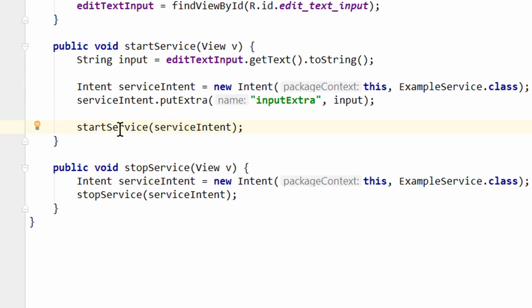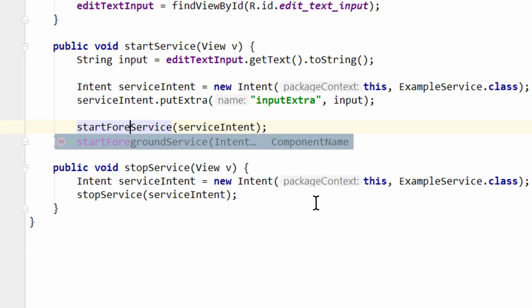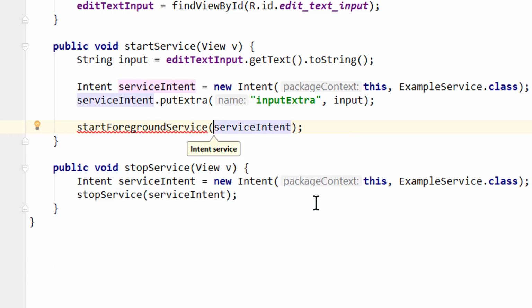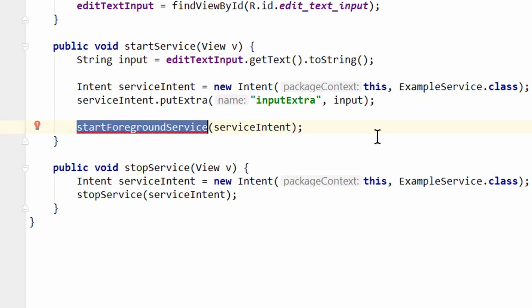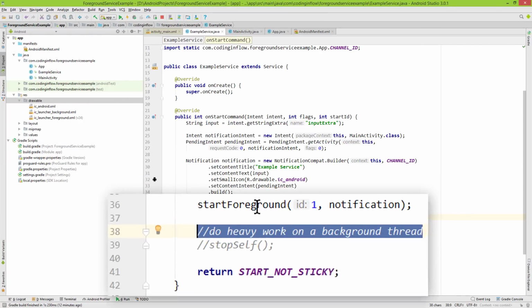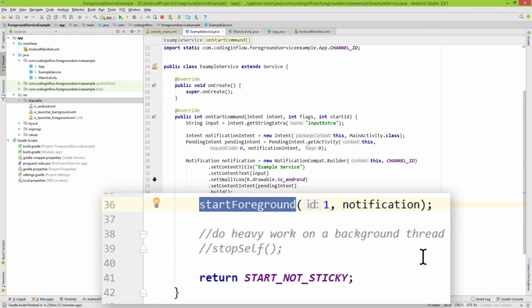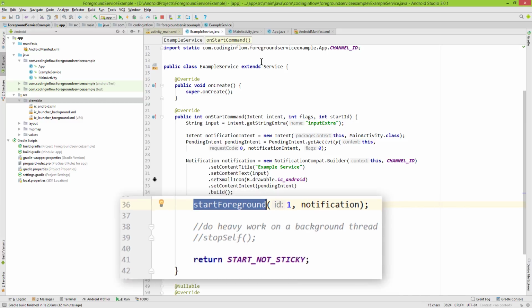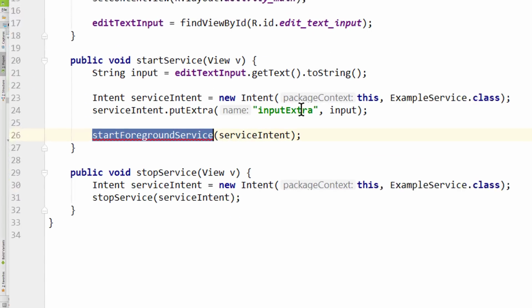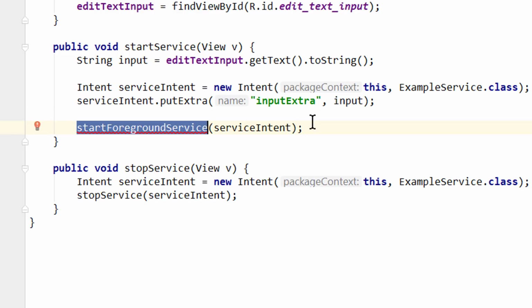If you want to start your service while the app itself is in the background, you should call startForegroundService instead. This method tells the system that you want to promote your service to a foreground service as quickly as possible. And after calling this method, you have a time window of 5 seconds to call startForeground in your service class. If you don't do this within these 5 seconds, the system will kill your service immediately.